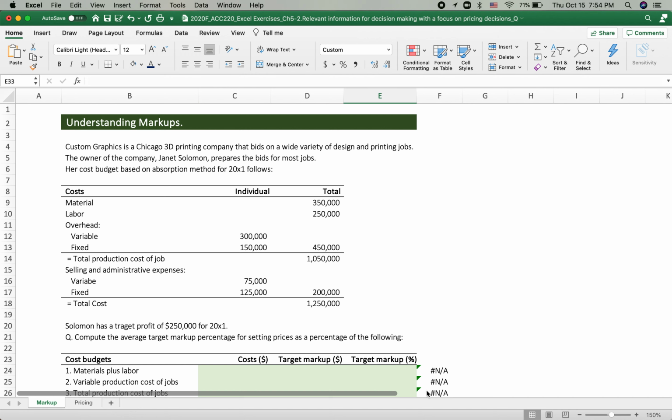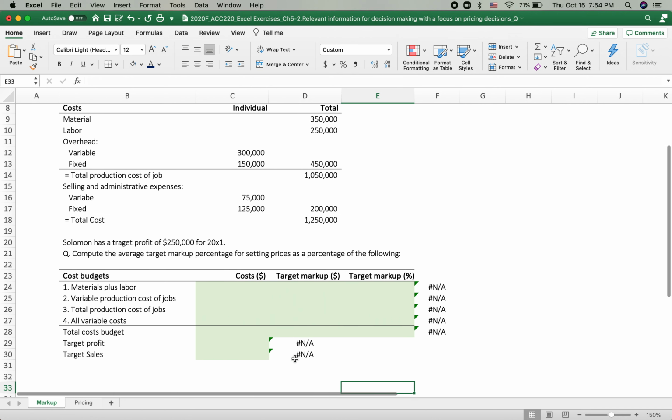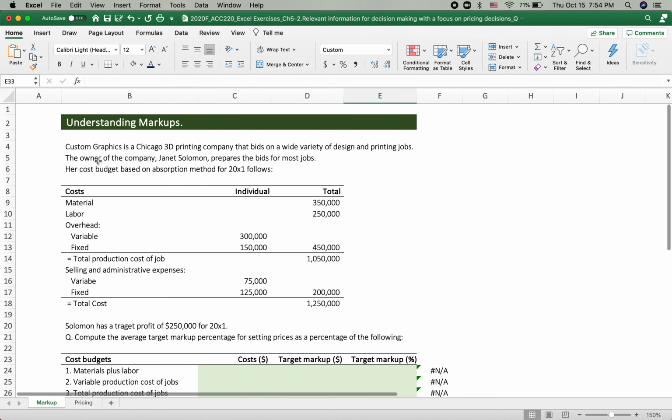Hello students, through this video clip, we are going to understand markups and how to express the markup in dollar amount and in percentage, and how to set up the target sales using the cost budget and the target profit. Okay, Custom Graphics is a Skyward's 3D printing company that is on a wide variety of design and printing